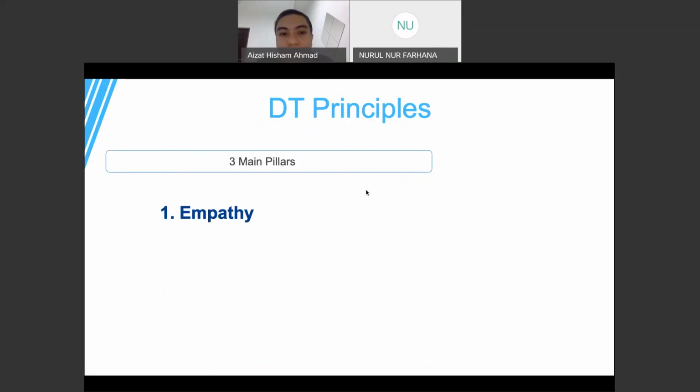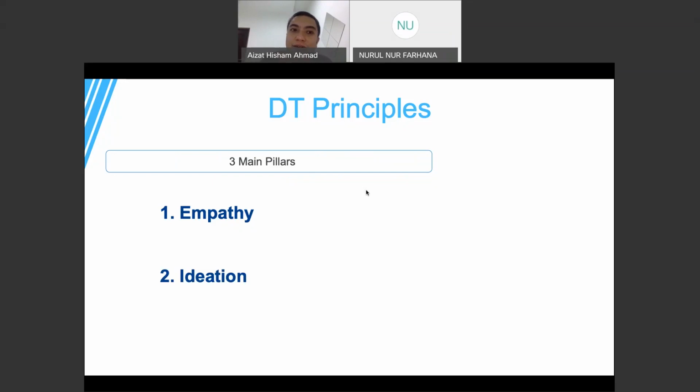Empathy, all right? So why empathy? Remember users, remember stakeholders, remember person. So when you are thinking by design, you will start with the main principle of empathy, which means that you are empathizing with somebody else's needs, or even your own needs, and how it can complement your other stakeholder or person.